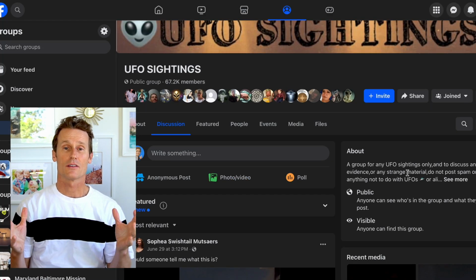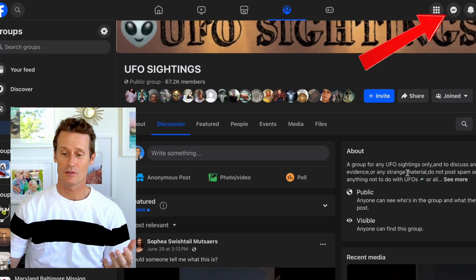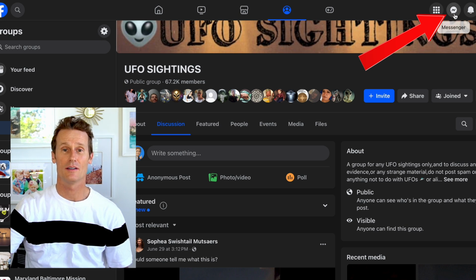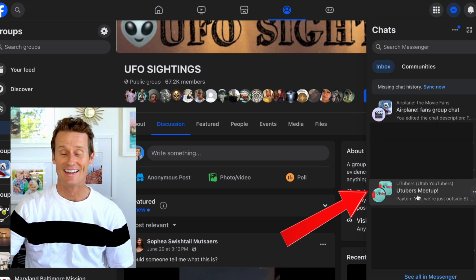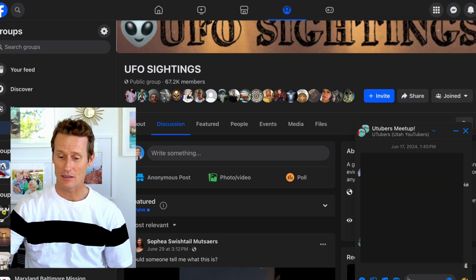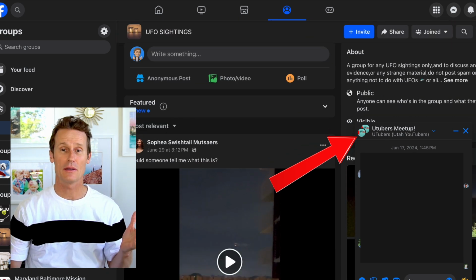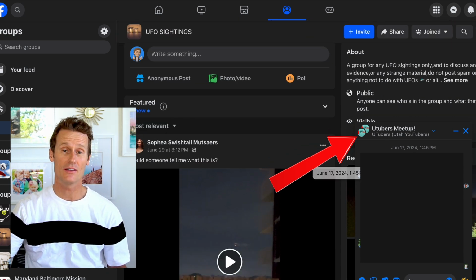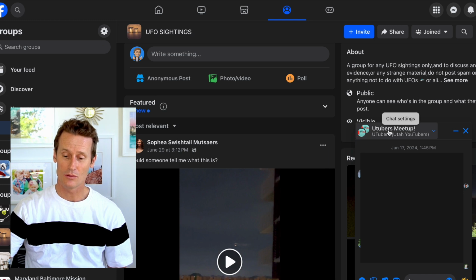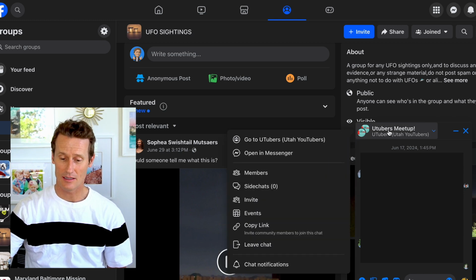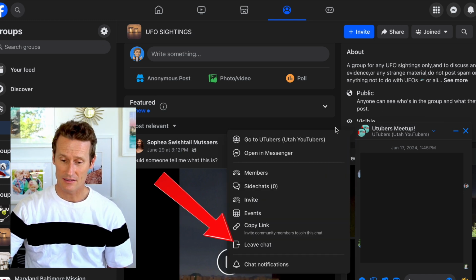If you want to leave a group chat on Facebook, you click on Messenger up top. This is a Messenger chat. Click on the group that you're talking about. You'll see that the chat comes up there. You can participate in the chat, whatever you want. If you want to leave it, you click on the group chat settings up top right there. And then it can say